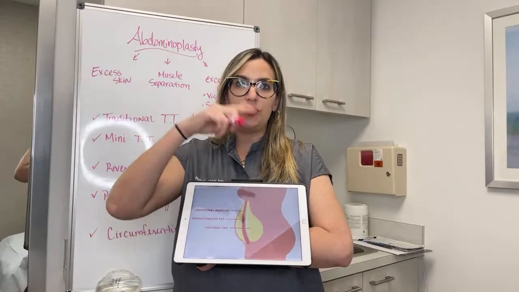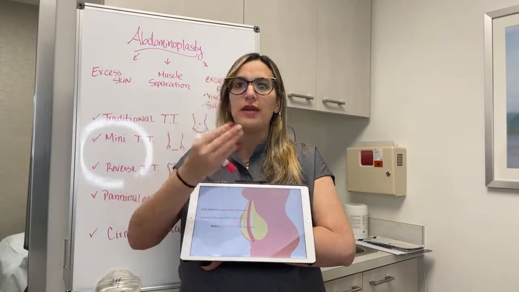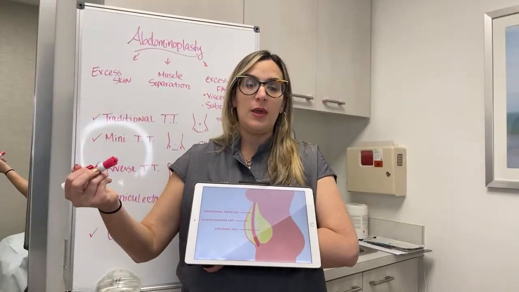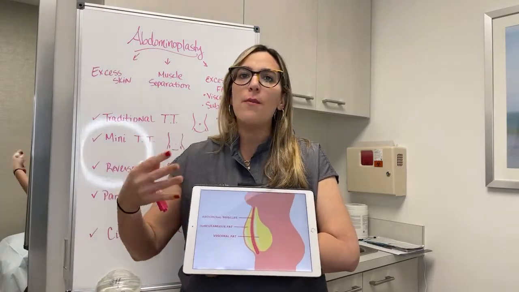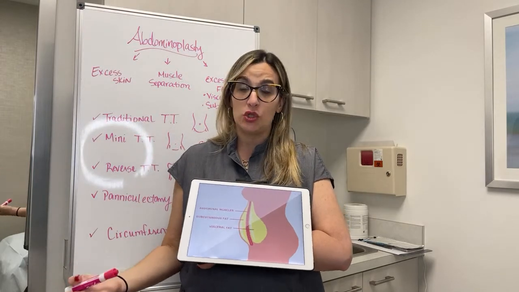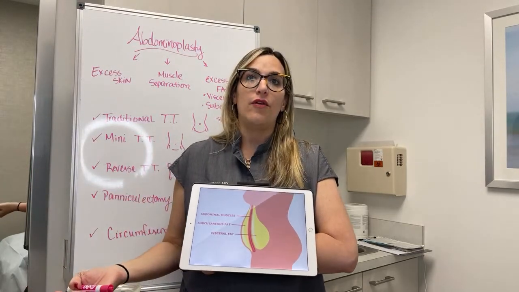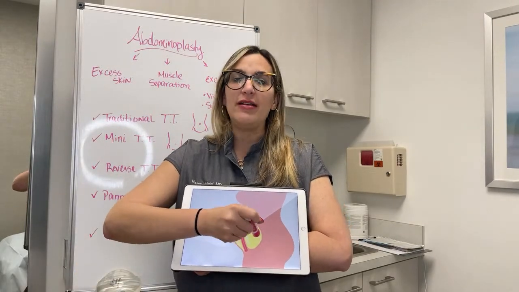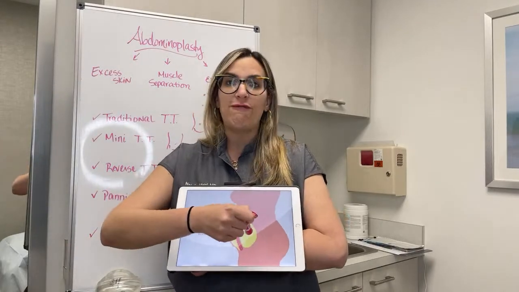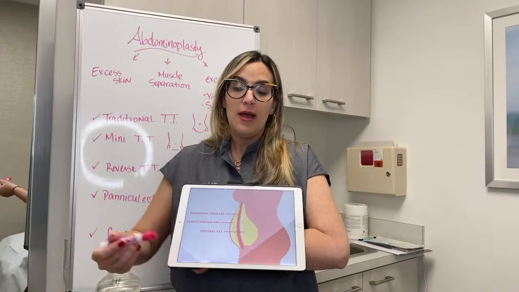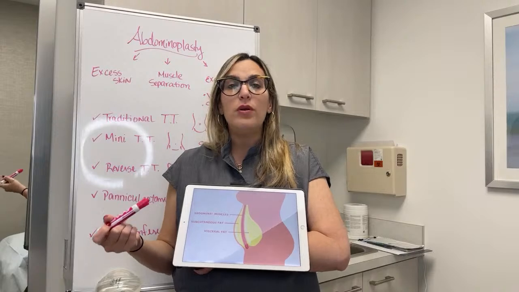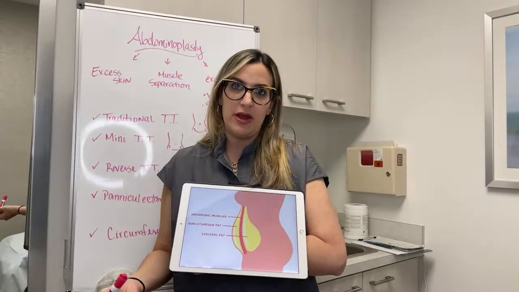Then you have the muscle, which we saw in the previous picture, that it can separate and back. But deep to our muscle, inside of our belly, we have all our organs, you know, the stomach, the liver, the bowel, and around the organs is visceral fat. So there's fat inside of our abdomen too. Unfortunately, this fat cannot be reached with liposuction. The only way of losing this fat, because it's around our organs, is with diet and exercise. And that is why it's so important to have a good BMI to optimize your results,